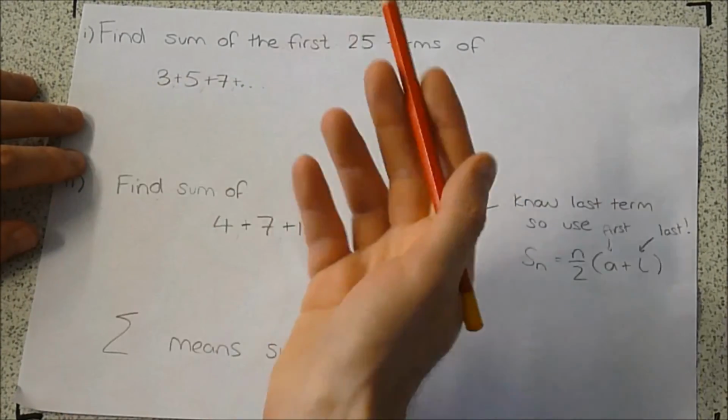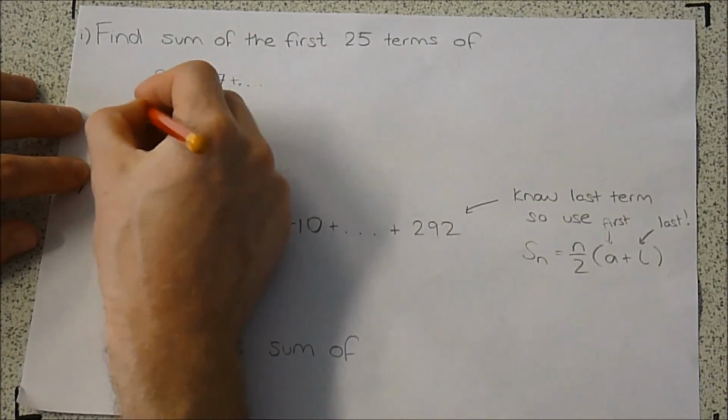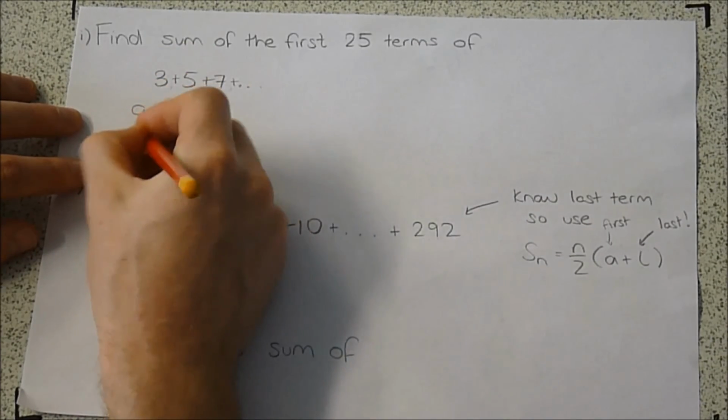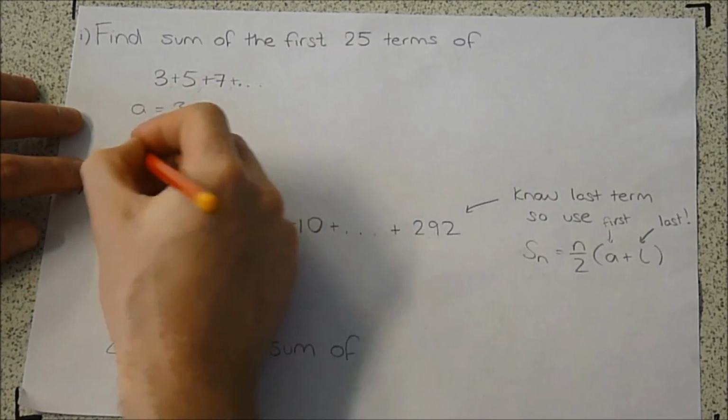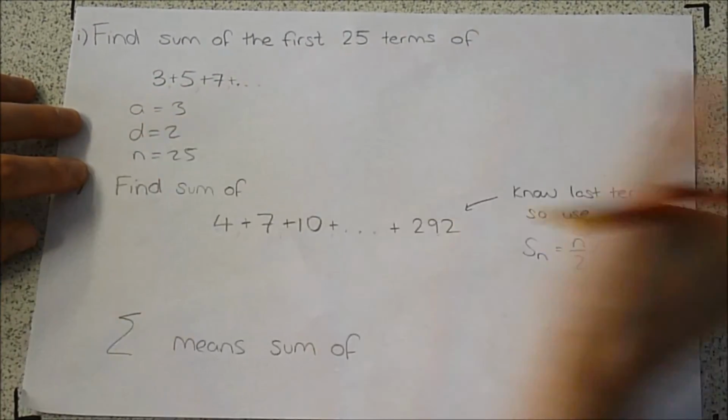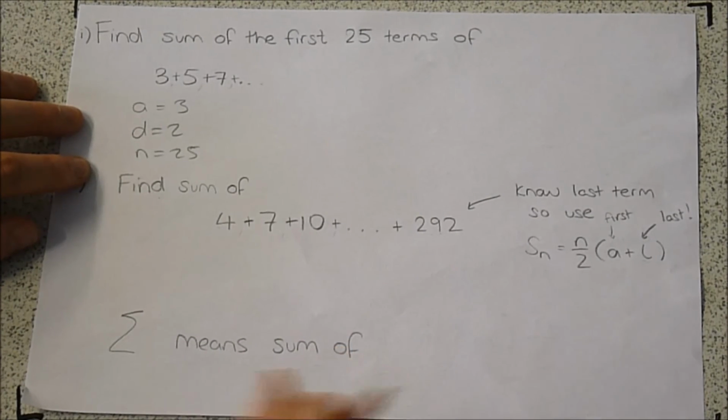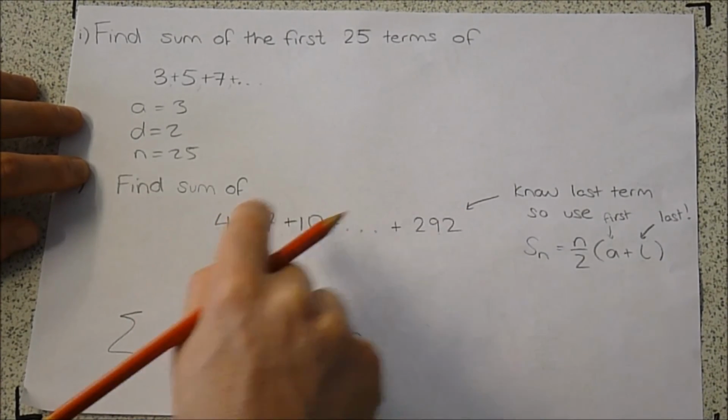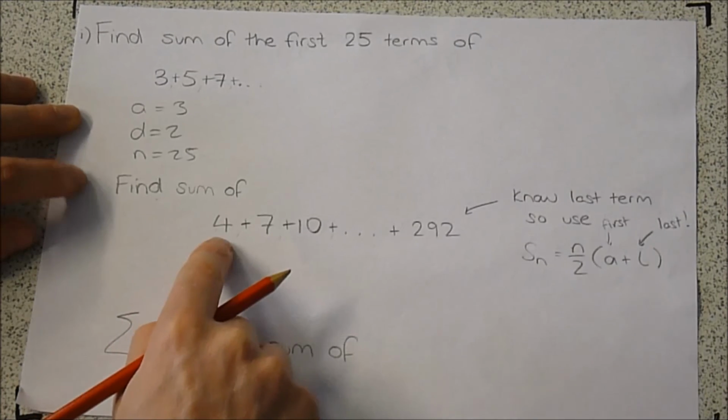Right, so how do you use this in an actual question? Well, if they ask you to find the sum of this, write down a, 3, write down d, 2, n is 25, stick it in the formula. Okay, easy. What about if they don't tell you how many terms though,